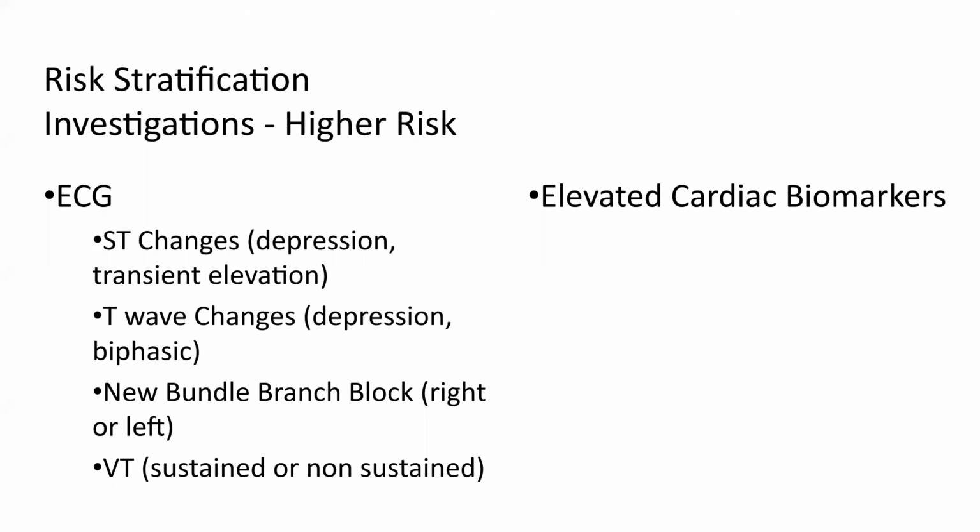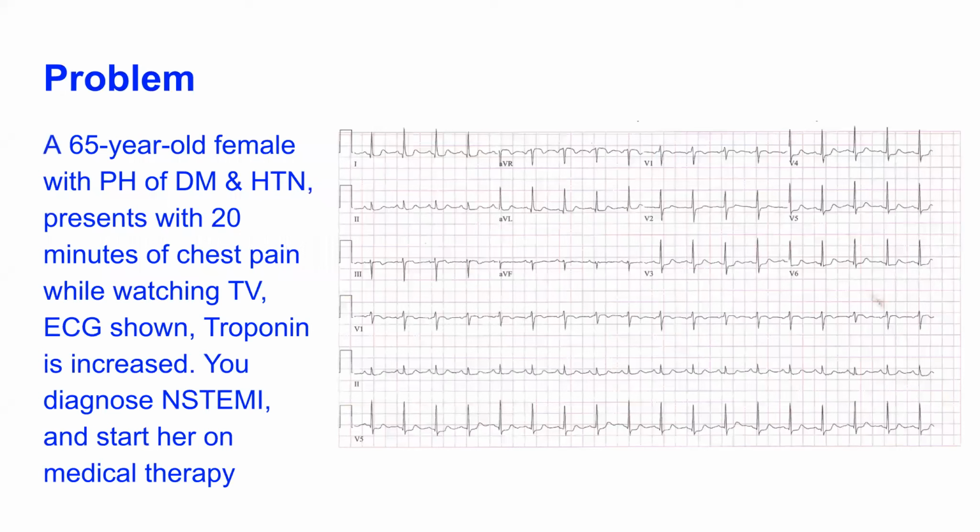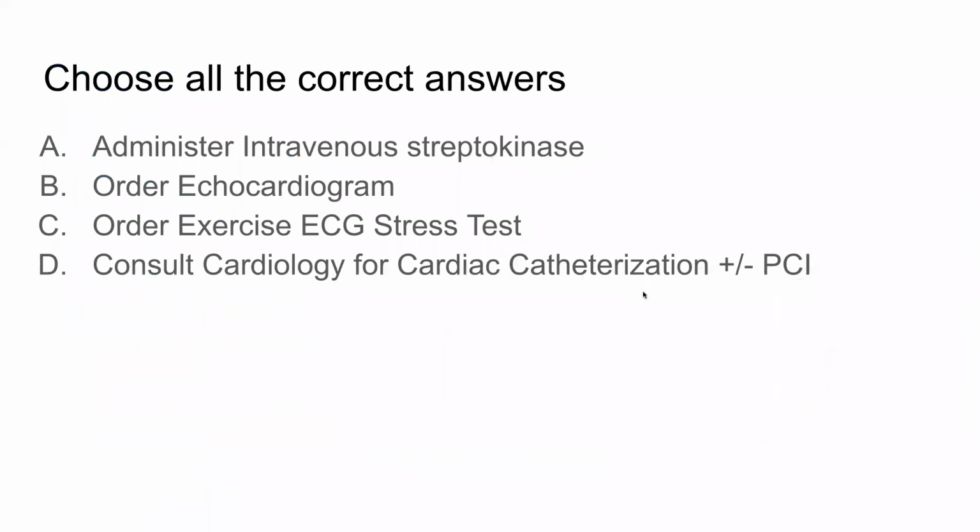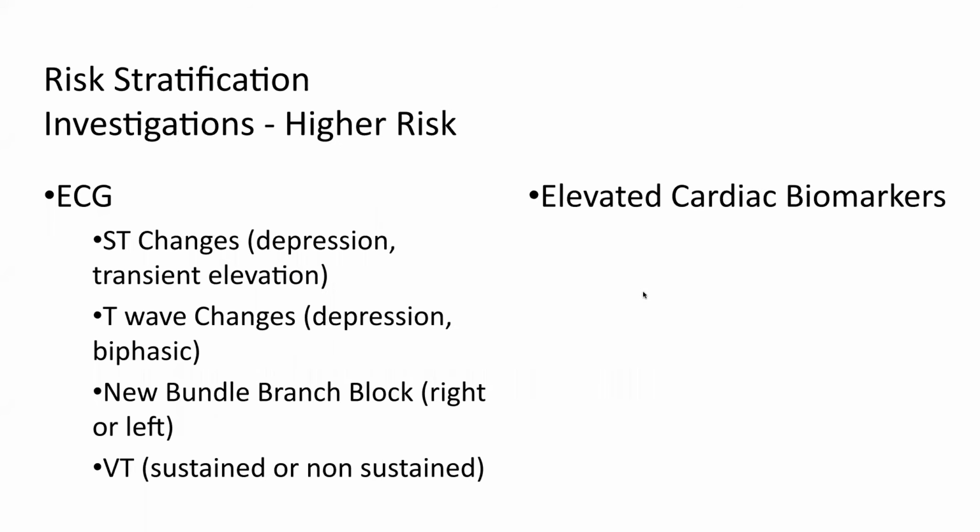If you have ST depression, so if we go back to our patient, I'm not sure how well you see it, but there is some ST depression which is kind of diffuse. You can see it in V2 to V6. You can see a little bit of it in AVL and V1. And he also has ST elevation in AVR, which is indicative of a fairly high-risk